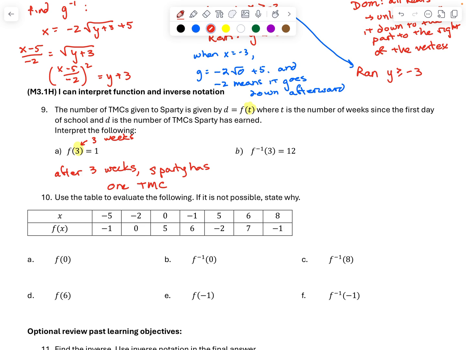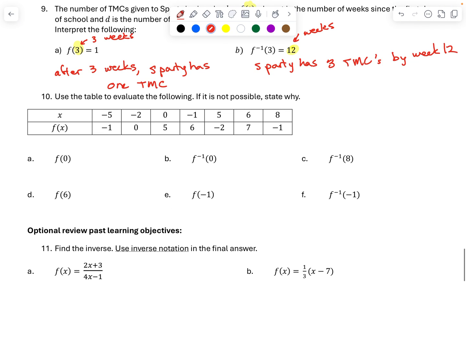Okay, for f inverse, you have to switch, so that's got to be the weeks. So 3 TMCs. Okay, next,